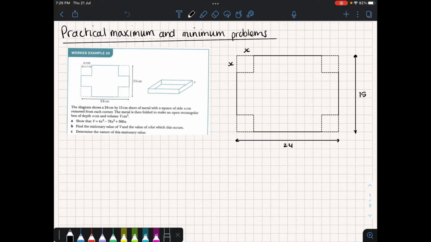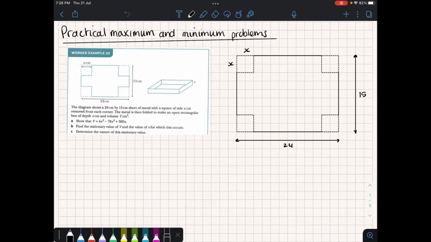So generally what's going to happen is we're going to be given some scenario, and we're going to have to make an equation relating the variables of the scenario, and then we're going to have to differentiate in order to find the stationary points, and then use the second derivative to calculate whether that stationary point is a minimum or